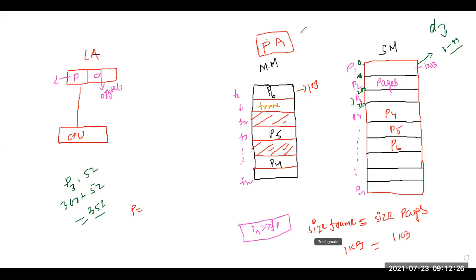Now let me write the address for this one. Suppose the address for this one is 0. Now for this one is 100. Now this one is 200. Okay. Now this one is 300. Now base address. I'm writing the base address of a particular frame. Base address of frame 0 is 0. Base address of frame 1 is 100. Base address of frame 2 is 200. Base address of frame 3 is 300. Base address of frame 4 is 400. Now this is 500, and this is 600. Okay? Clear?